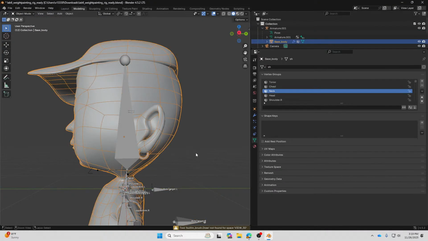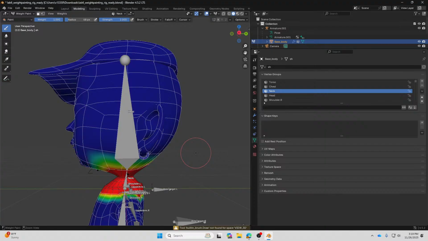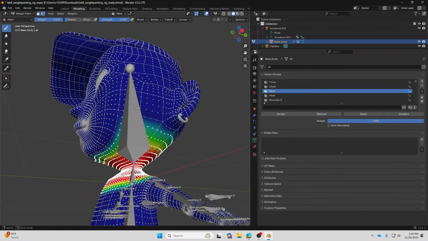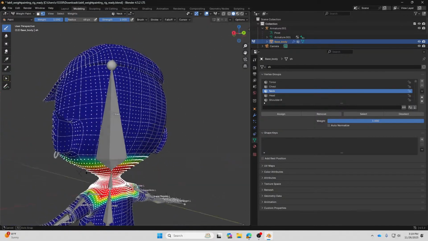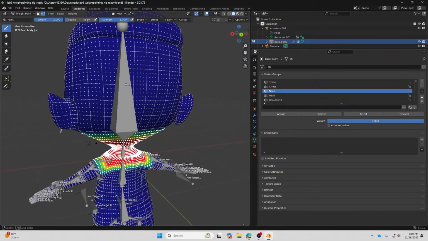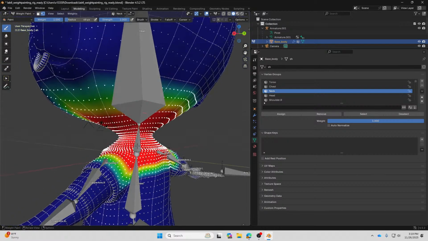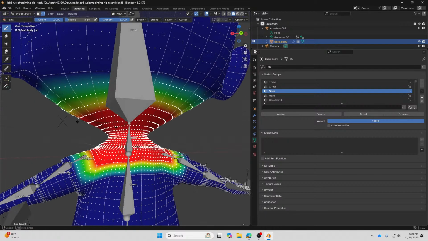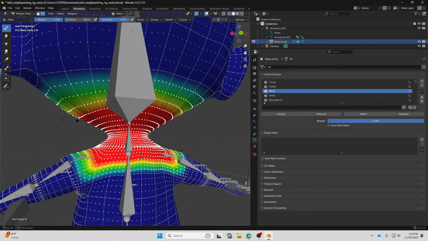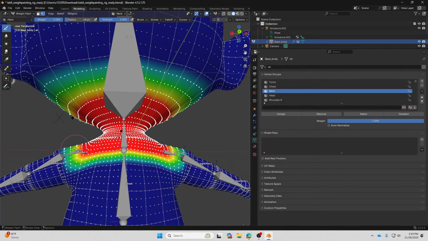I'm going to remove a little bit of weights over here. You need to be able to see this kind of transition between the neck of the character and the head, as well as underneath here. You're going to see a little bit of transition. Transition means that the color is not going to be red corresponding to 1, but it gradually transitions to 0.